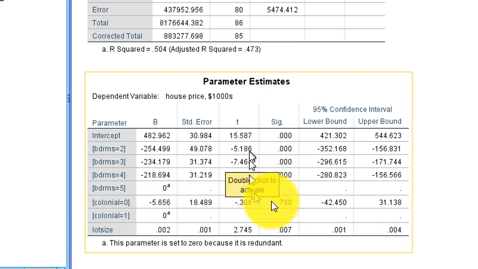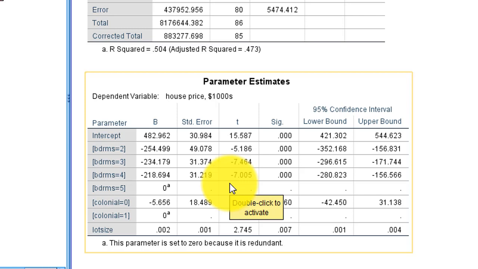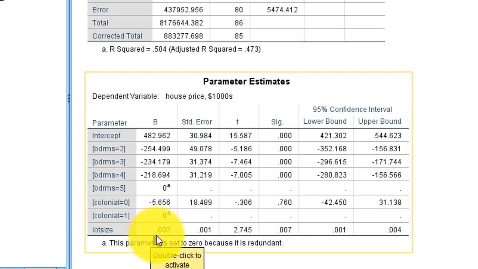And if you look at the T statistics, it turns out that being colonial has no impact, because the T value is less than 1.96, but the number of bedrooms are returning a statistically significant coefficient. Now, the lot size. The lot size is your continuous variable. There's no base case with it because it is a continuous variable. And the coefficient for it is 0.002, which tells you that